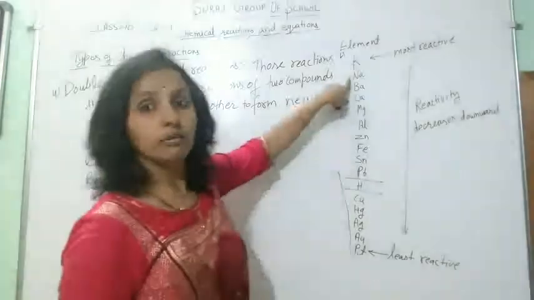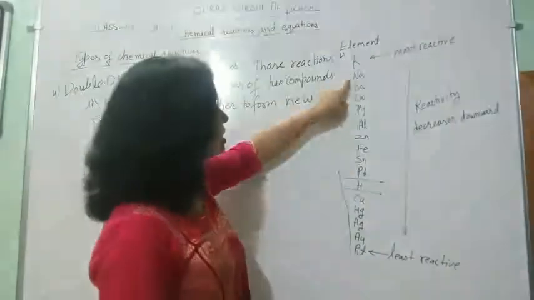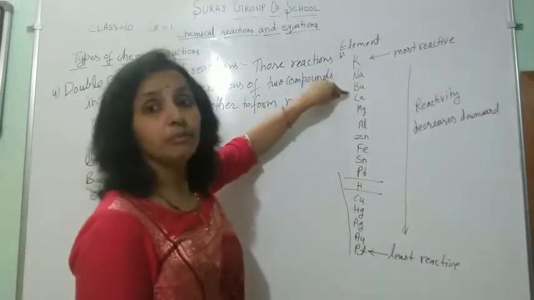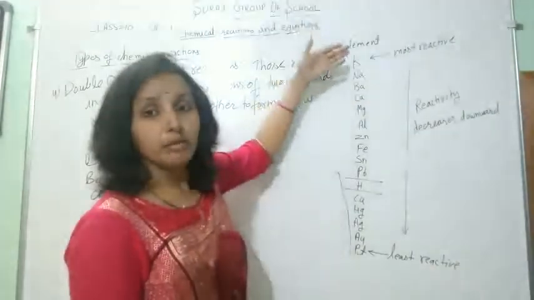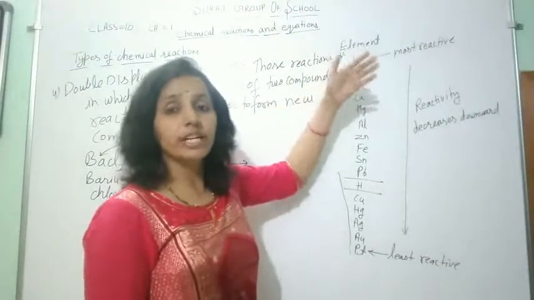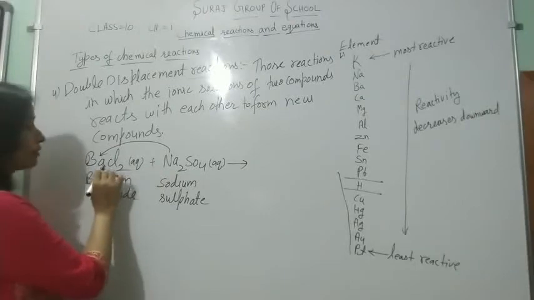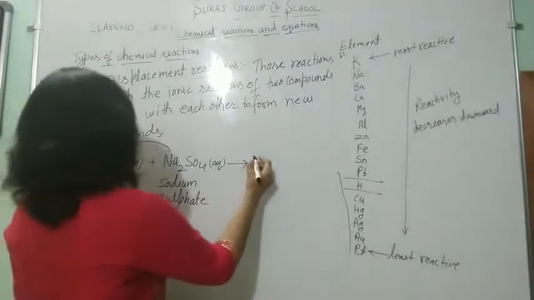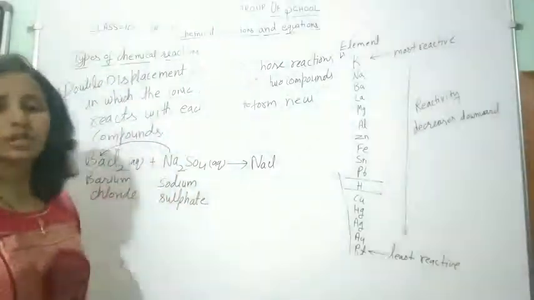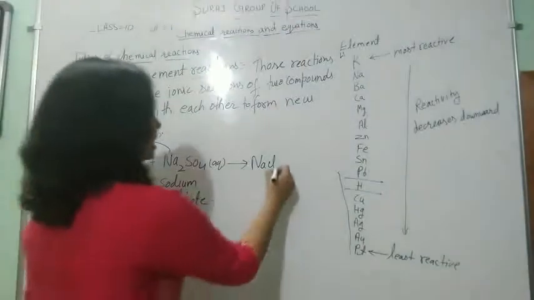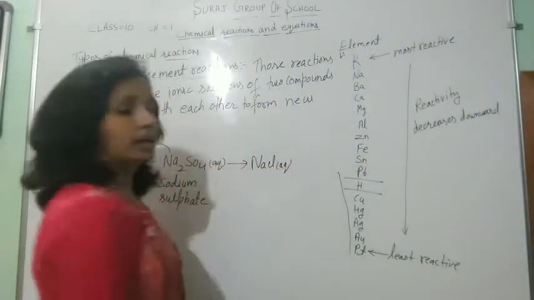We can understand from the reactivity series that sodium is more reactive than barium because sodium lies above barium in the reactivity series. So sodium displaces barium from its aqueous solution to form sodium chloride, NaCl, which is an aqueous solution, and